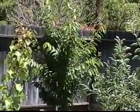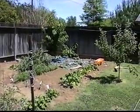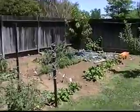Behind that, the larger tree is a cherry tree, which had a few cherries this year. Just off to the side and behind the cherry tree is a relatively new grape that's been in the ground a couple of years. The garden for this year, for 97, is not as good as it should be, with